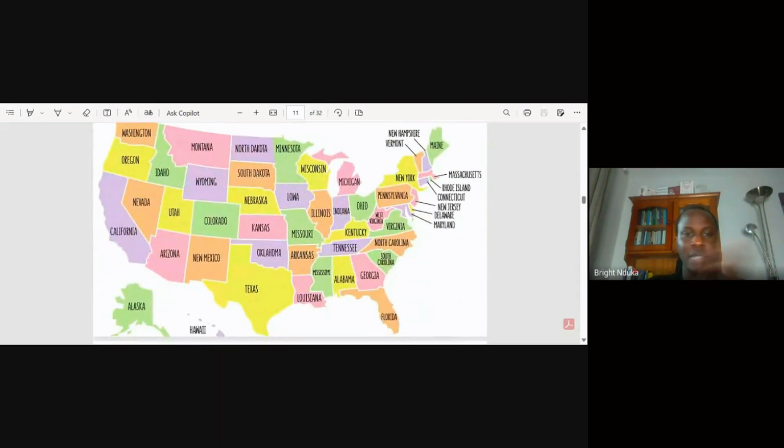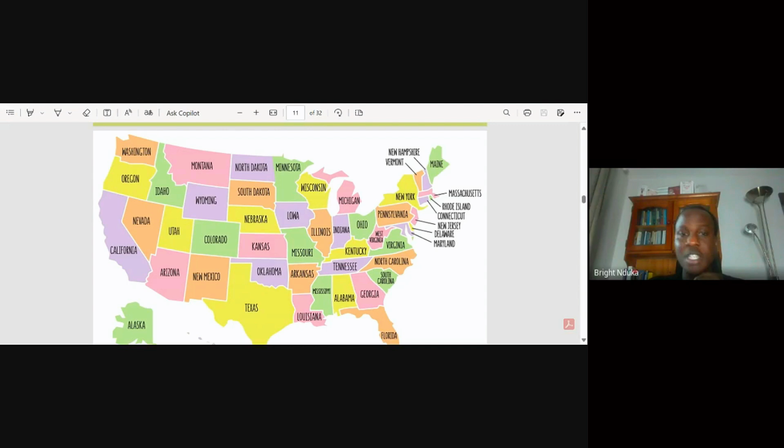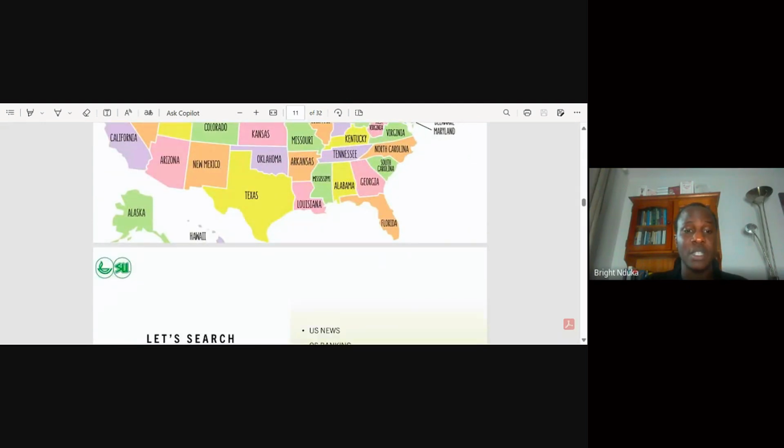All right, so again, I put this particular slide up to show you the different locations in the UK and in the US that you can actually get. So look at what is obtainable in the city. As part of grad school application or application to the US or the UK, you must know what is happening in that city. You must know the opportunities that are resident within that city. Don't just apply, because one thing we must understand is these universities are usually embedded in the city life or the city culture. So you need to understand what is happening in the city to get the best out of the university located in the city.